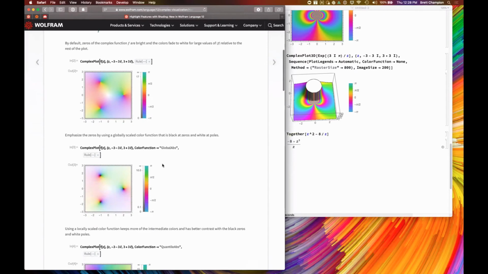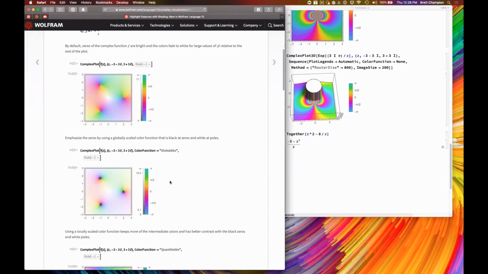And so by default, the shading isn't actually being done on a 0 to infinity scale. It's actually looking at the minimum and maximum values within that region. And that works reasonably well a lot of times. It's possible to say that you really do want it to be computed globally. And what will happen is that this will tend to